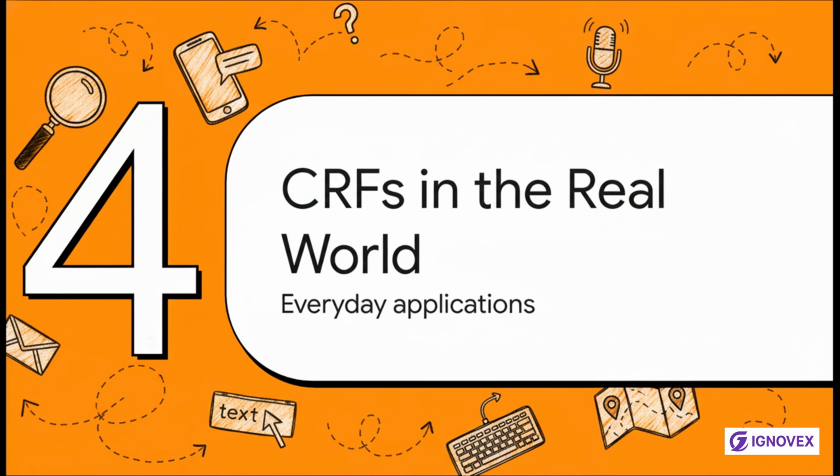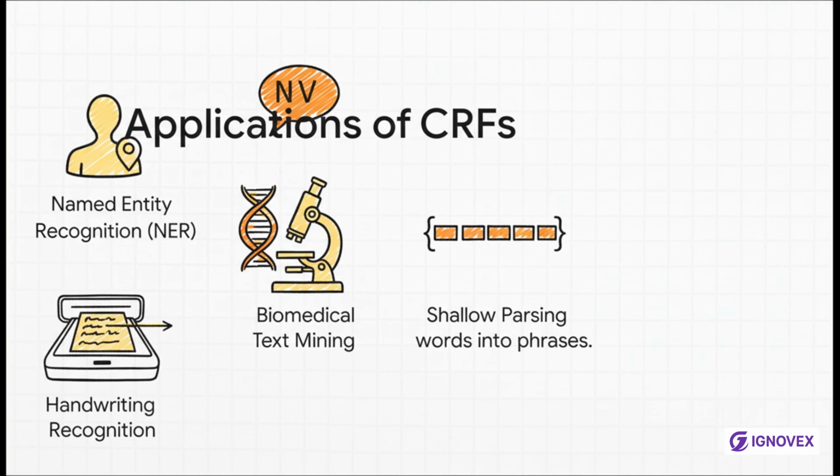This whole detective-like process has made CRFs incredibly useful in the real world. Let's take a quick look at where this powerful tool is hiding in plain sight, probably in things you use every single day. And seriously, they are everywhere. We've already talked about the obvious ones like finding names and figuring out grammar in text. But CRFs are also clutch in really specific fields like biomedical research, where they help scientists sift through mountains of papers to find mentions of genes and proteins. They're also used to chop up sentences into basic phrases, and